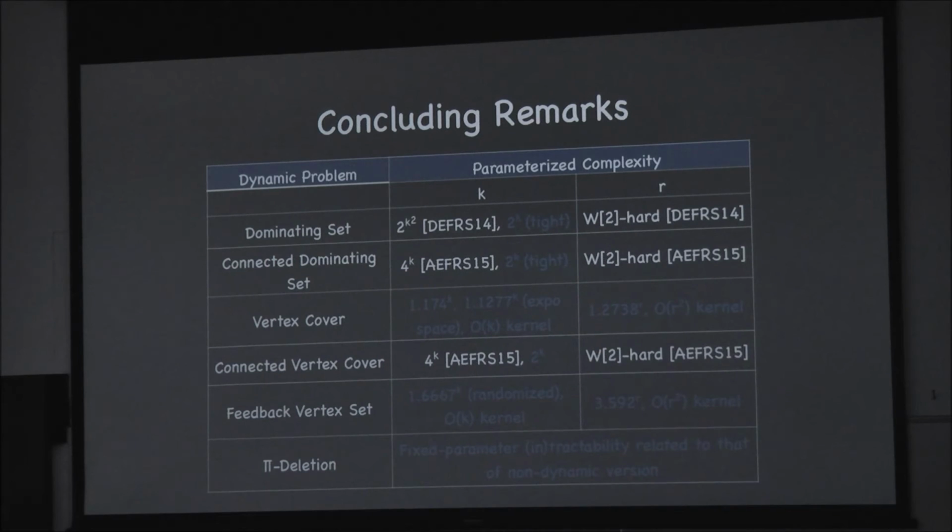And feedback vertex set also has good tractability results here. In general, if we consider the pi deletion problem, where you delete the minimum number of vertices to get to a graph that belongs to a graph class pi that has nice properties, heredity and so on, all the results that are known in the classical world can be extended to the dynamic world. Results of the kind NP hardness, fixed parameter tractability results, polynomial kernel existence, W hardness results and so on. Due to lack of time, I'm not getting into it. And so this is the setting in the dynamic framework for classical parameterized problems.